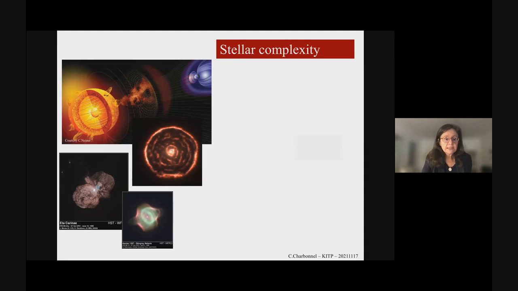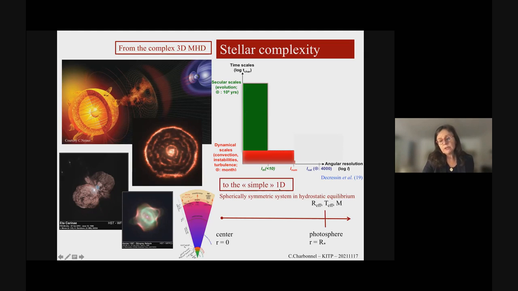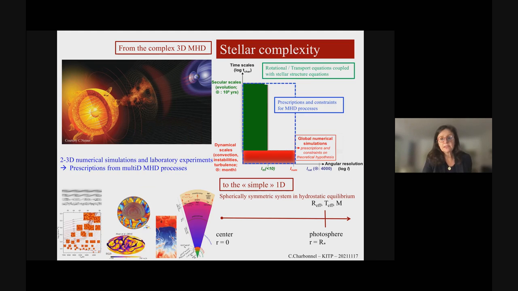So this is why this symposium or this workshop is very important, because we are here to discuss all these aspects, and we all know that stars are actually very complex, and the complexity is to go from these 3D magnetohydrodynamic objects to some very simple 1D models. And the challenge is actually that there is a large scale, both in space and in time, that we have to cope with in order to explain the different processes which are at work within the stars.